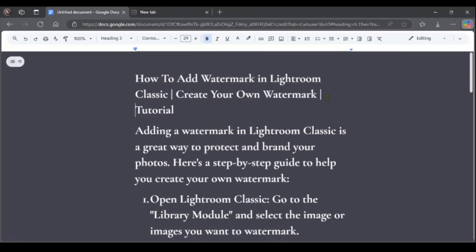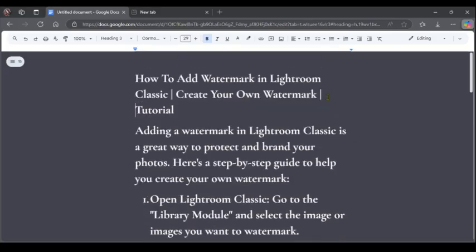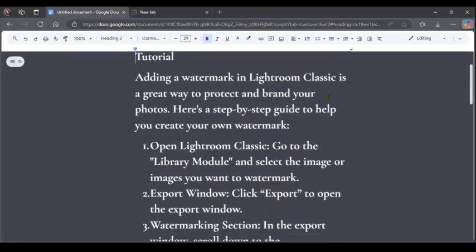Adding a watermark in Lightroom Classic is a great way to protect and brand photos. In this video, I'm going to walk you through step-by-step guides on how to add a watermark in Lightroom Classic. So the first thing you have to do is go to Library Module and select the image or images you